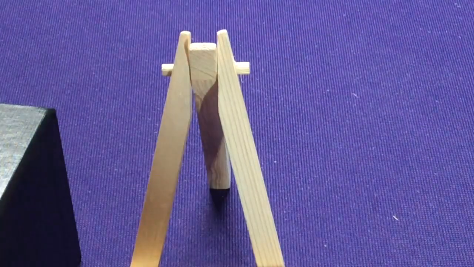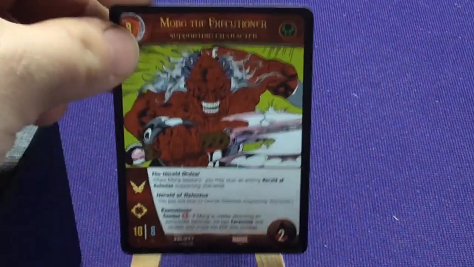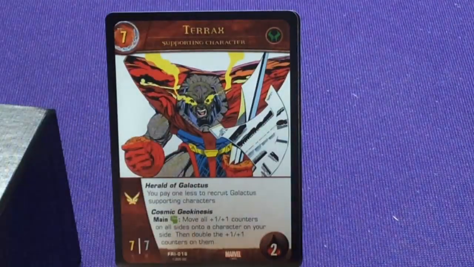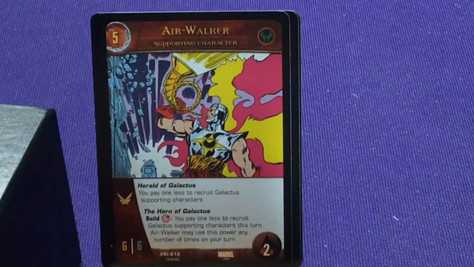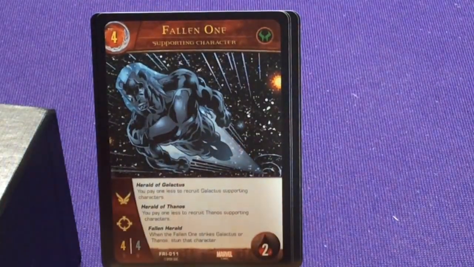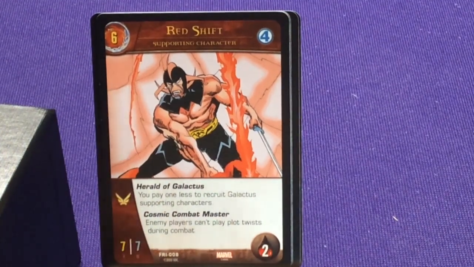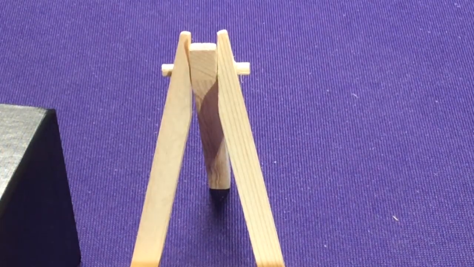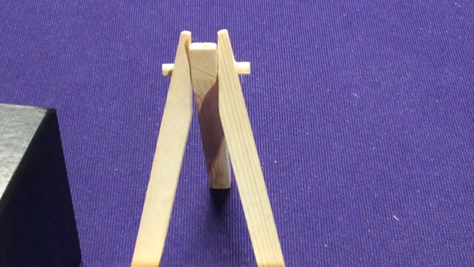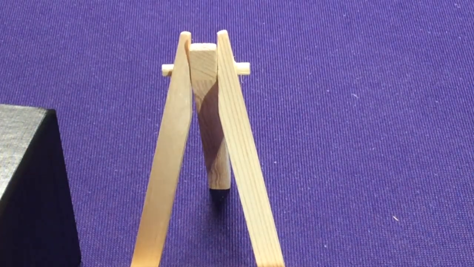I am just curious here. So we have 1, 2, 3, 4, 5, 6 Heralds in this set, plus Airwalker could make stuff cheaper, but we have 6 different Heralds in that set, and in the Fantastic Four set, we also have 1, 2,